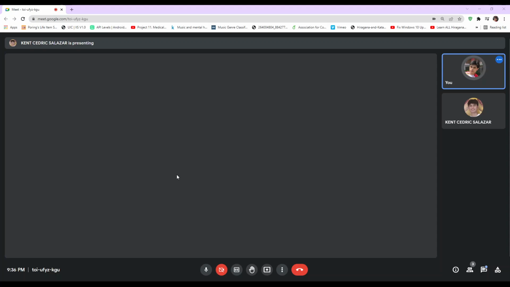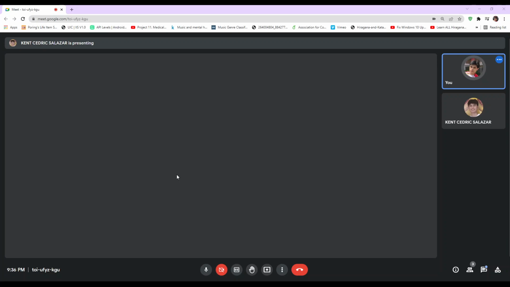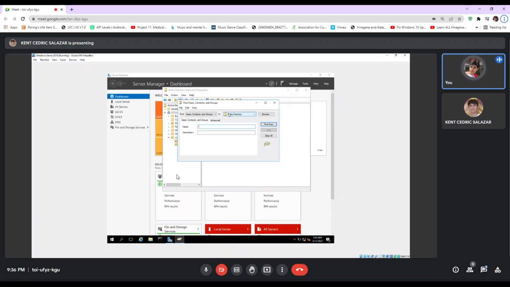Choose users, contacts, and groups, and what we would do is where it says find objects in Active Directory domain services. And what we would need to do is choose users, contacts, and groups, and then under the